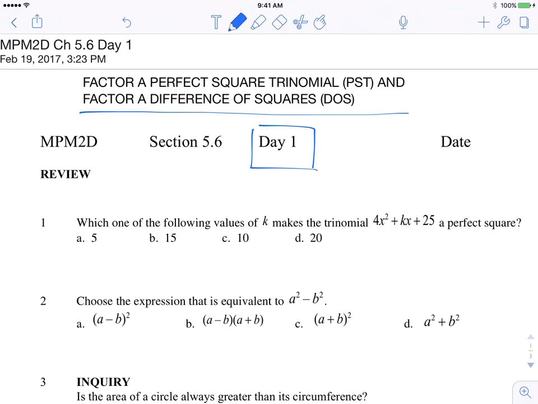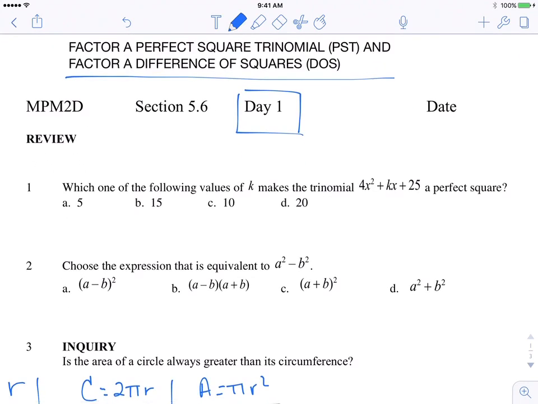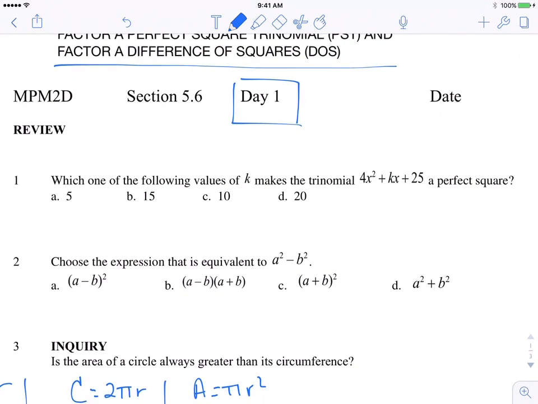Factor a perfect square trinomial, or short form PST, and factor a difference of squares, DOS. We've had some experience with this already in completing some of our factoring lessons in this chapter, so this should be fairly simple. Which one of the following values of k makes the trinomial 4x squared plus kx plus 25